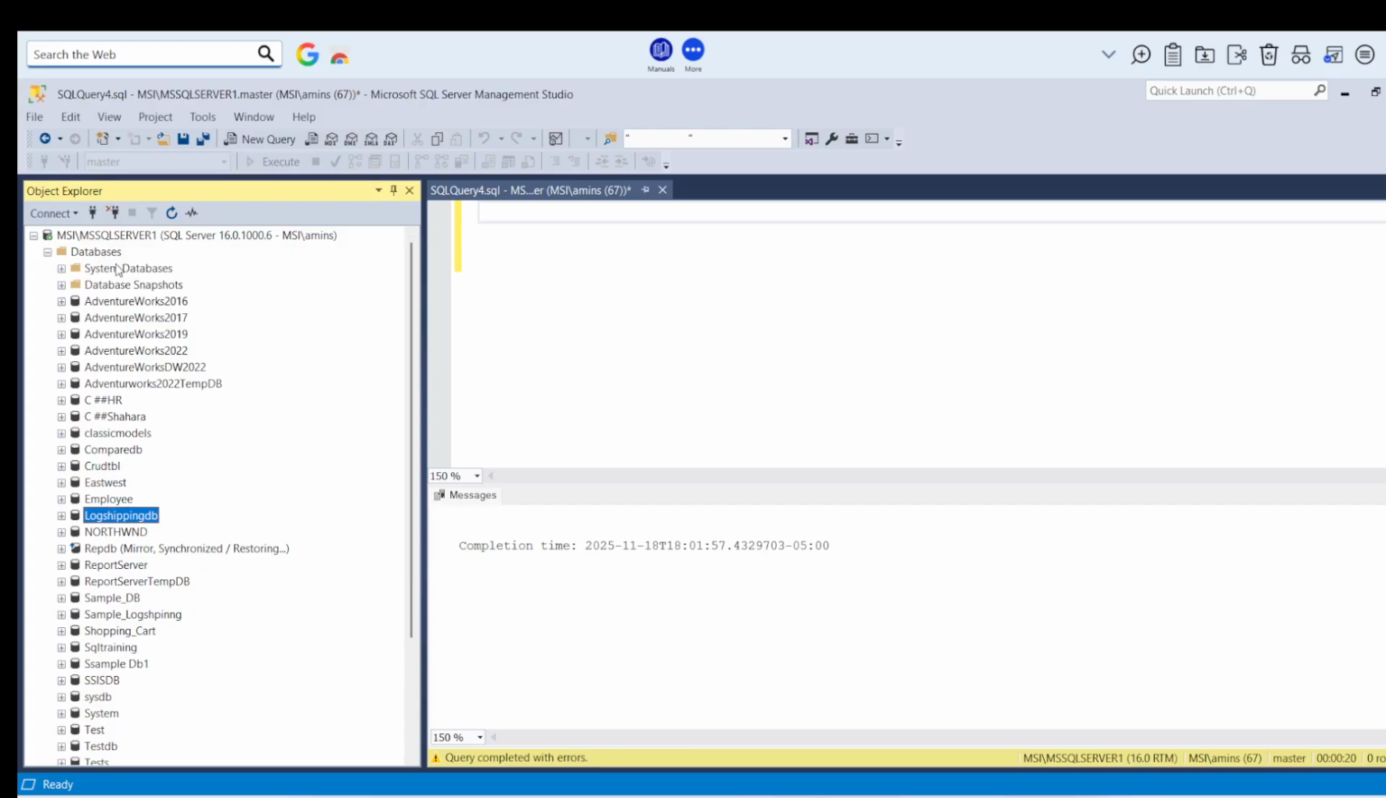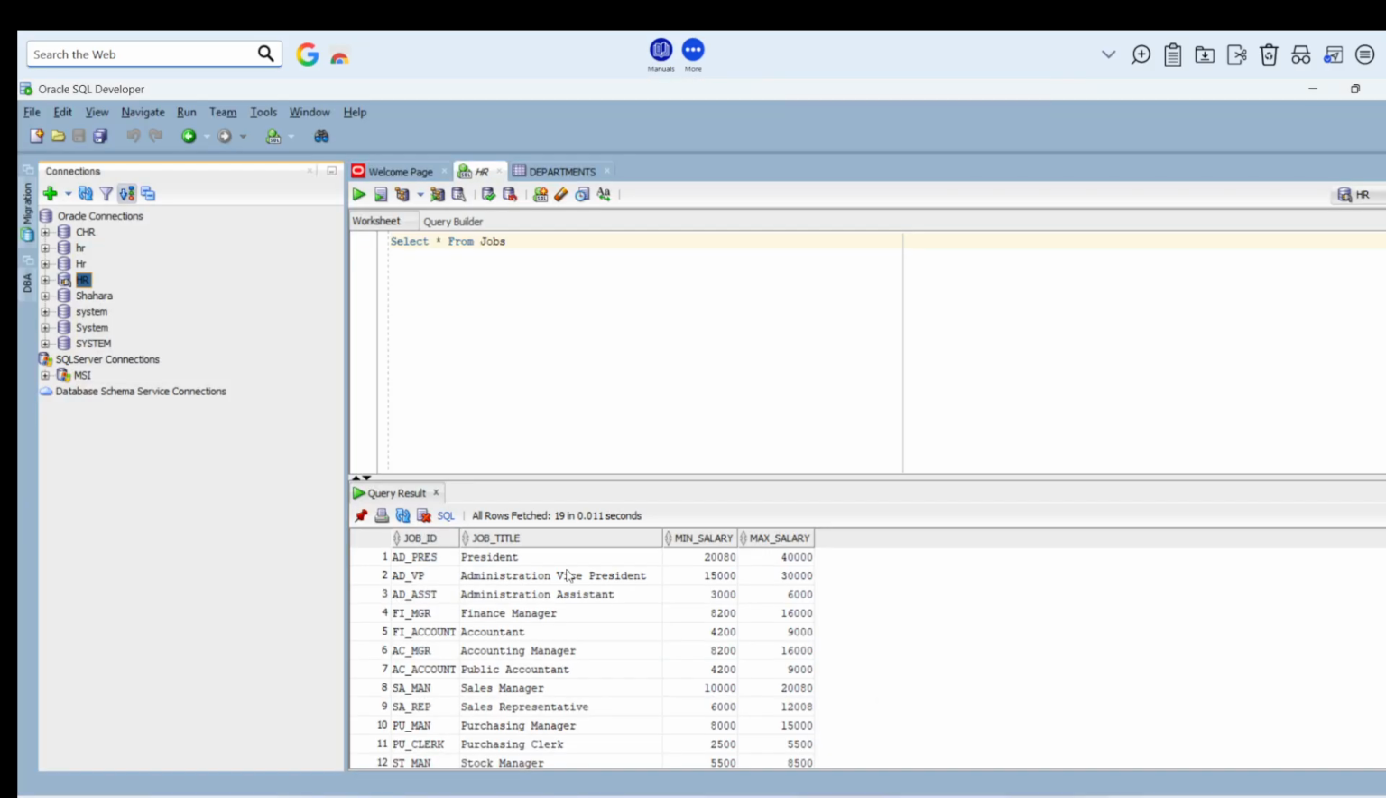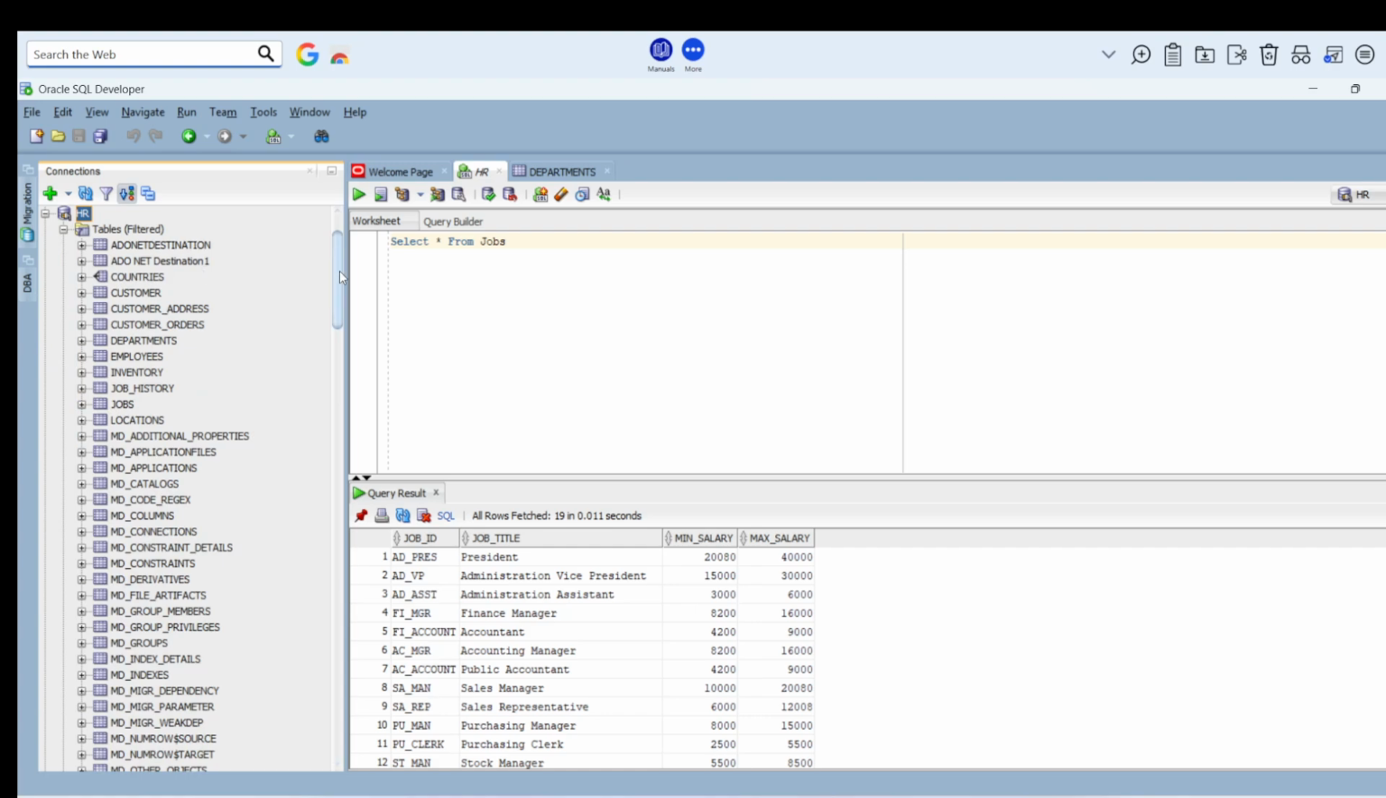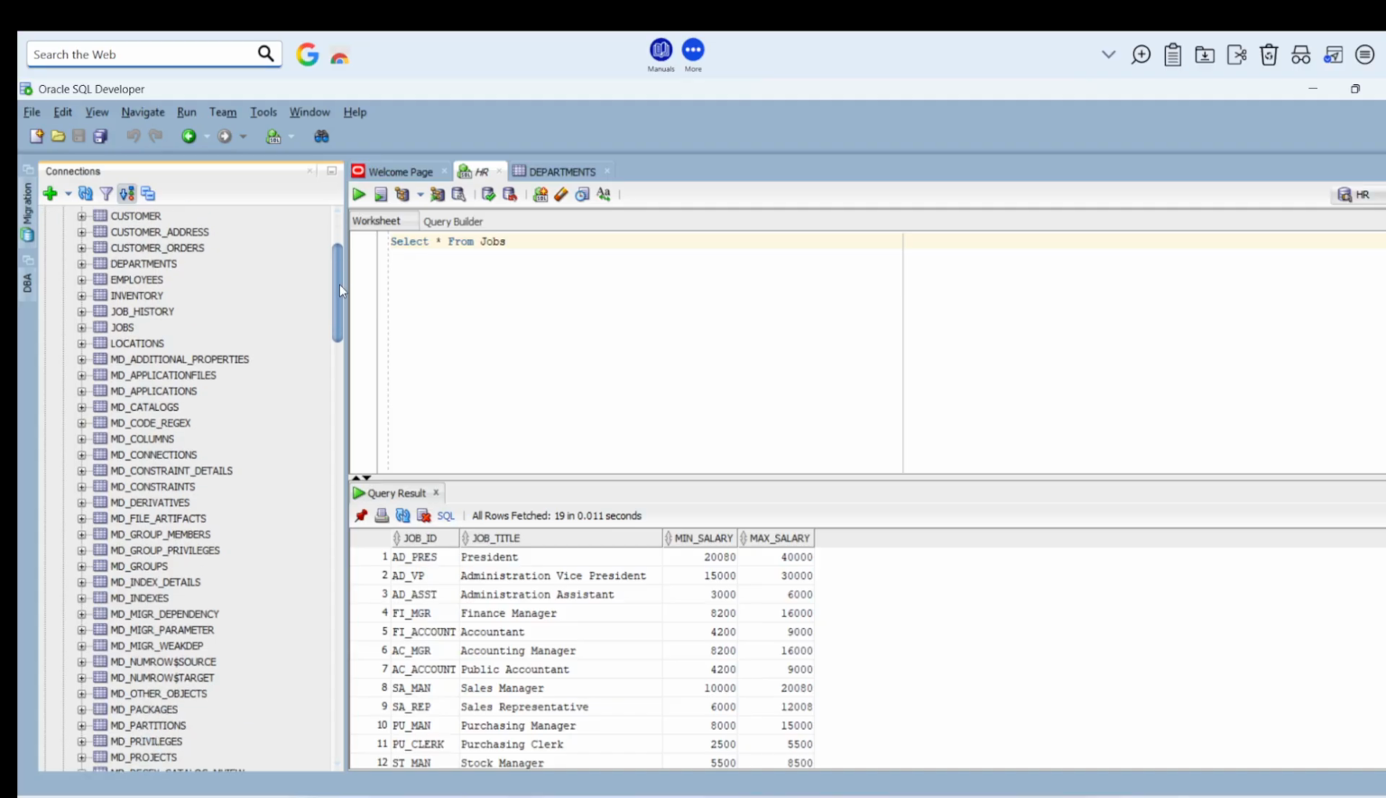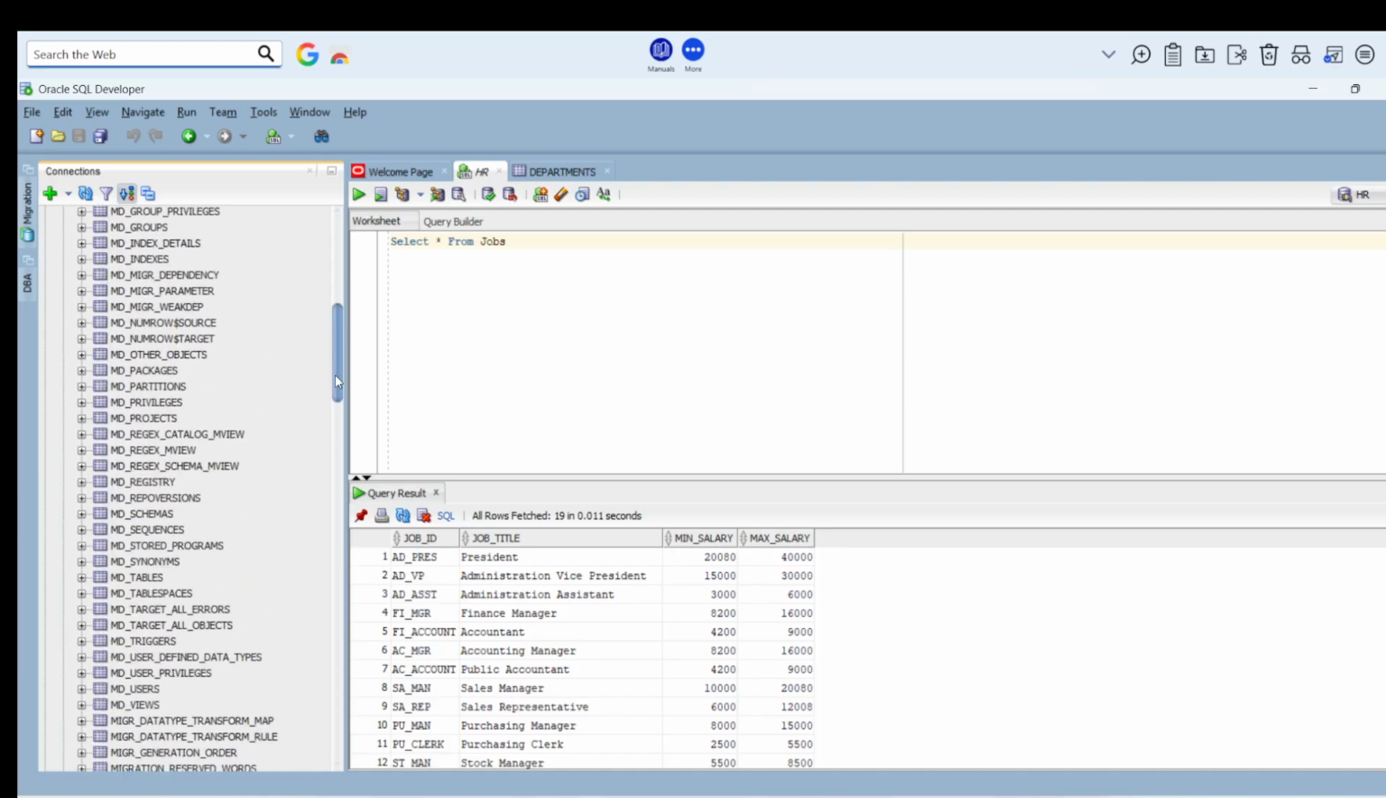Migrating the data. Today's event is to migrate the data from Oracle server to the SQL server. And I have got Oracle server, Oracle SQL Developer, and I have got the schema of HR. Under the HR schema, we have a lot of tables coming. Maybe I have a lot of tables over there,